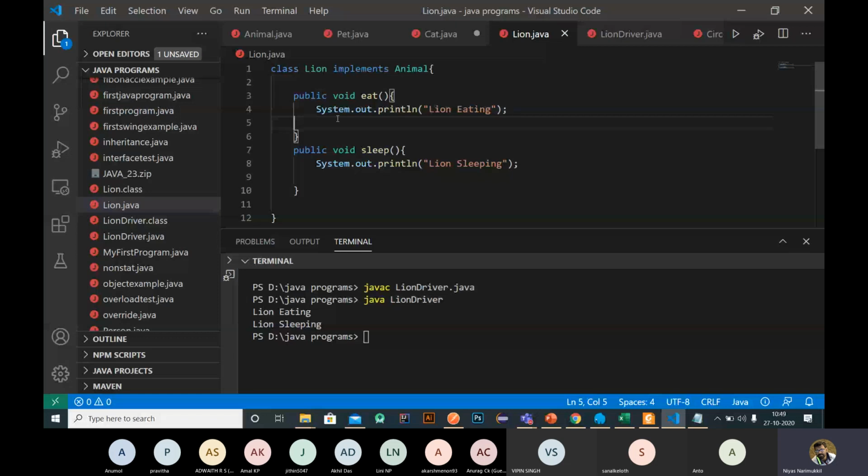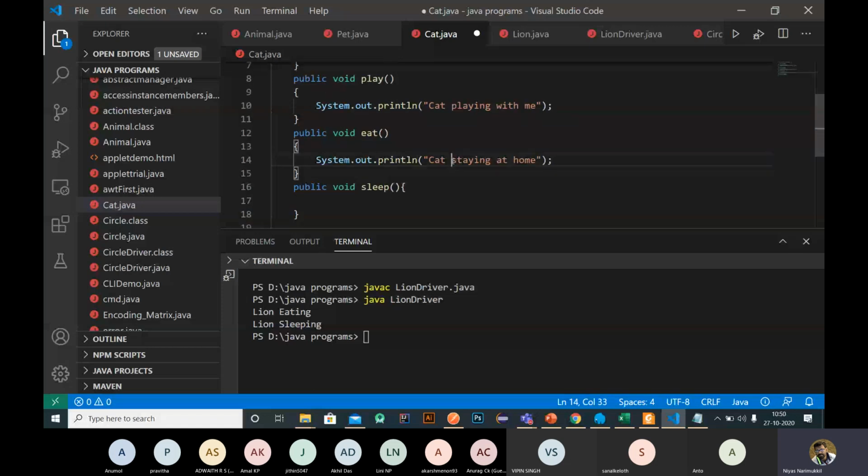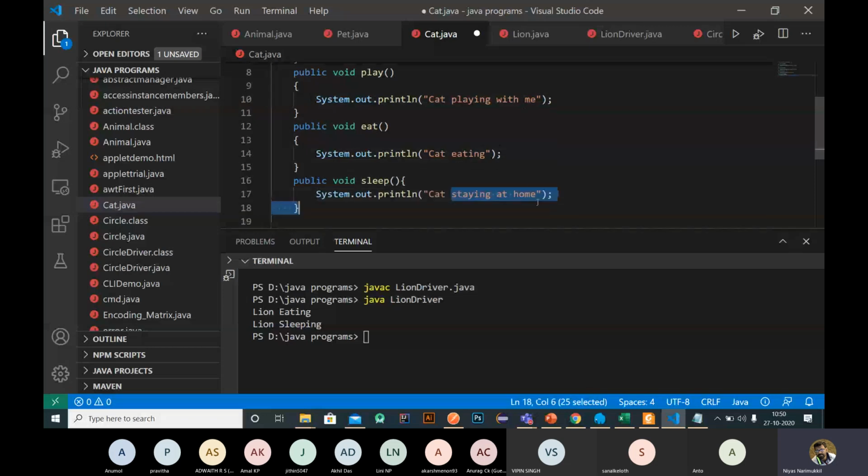Cat staying at home. Cat playing with me, like that. So I just implemented all these methods like this.